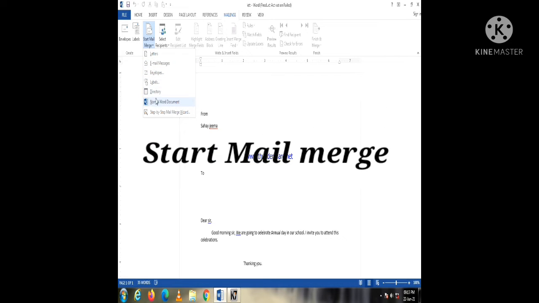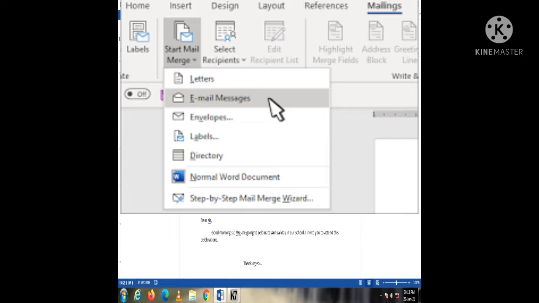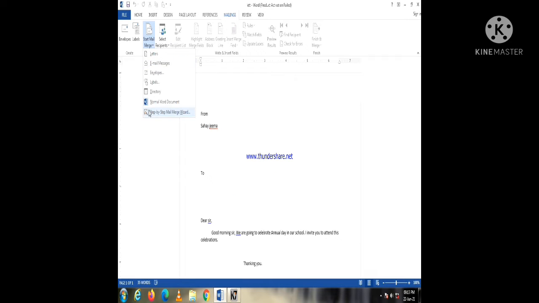First, click on the Start Mail Merge feature in the Start Mail Merge group. It offers some types of documents, such as letters, email messages, envelopes, labels, directory. You can choose the desired document type.